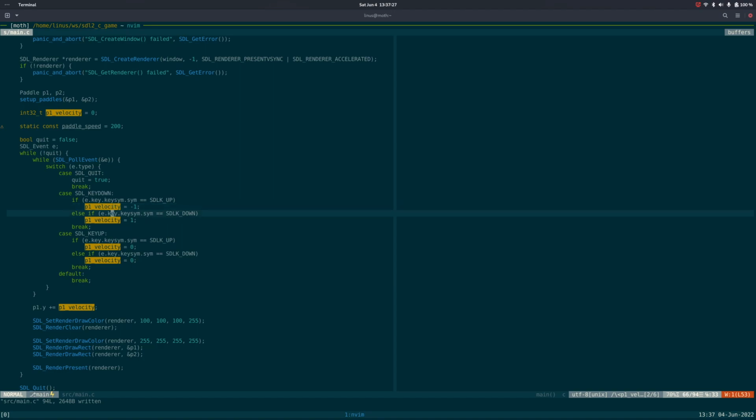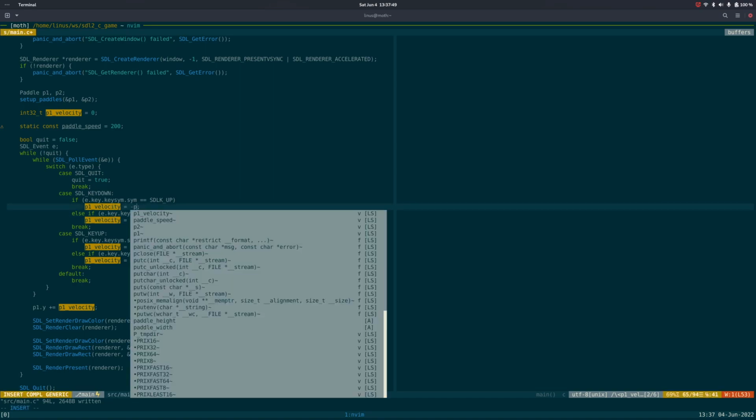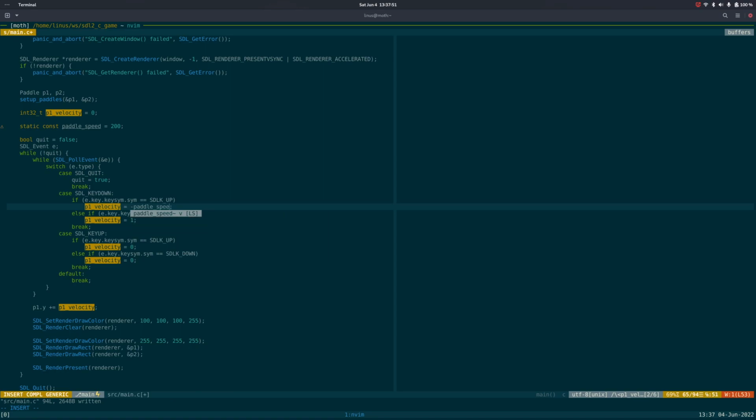So we want to cap that. Instead of defining how many pixels we should increment the position with, we instead tell it that the speed is now how much we want it to move per second, in pixels. So that's 200 pixels per second. If we add paddle speed here instead,